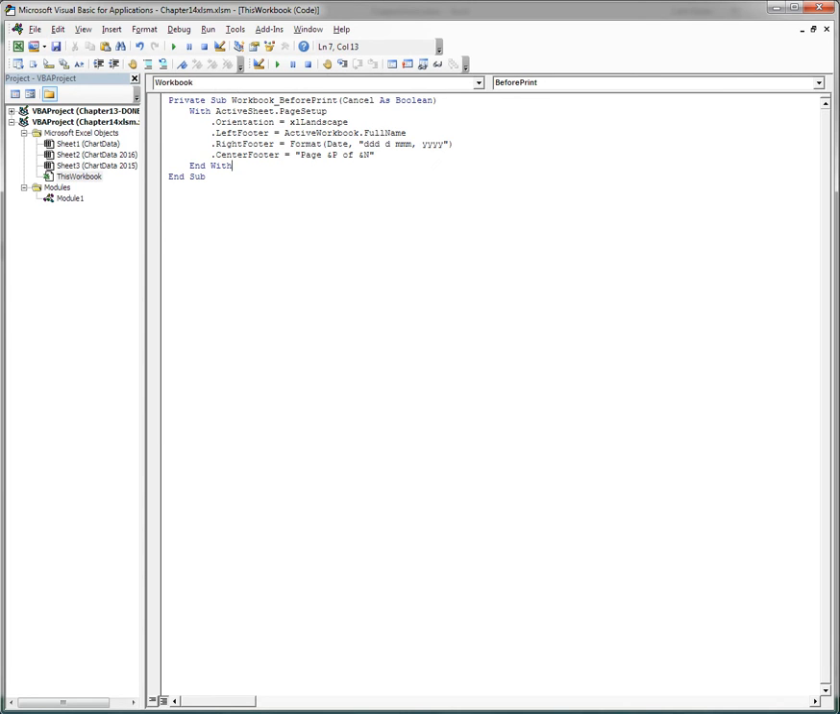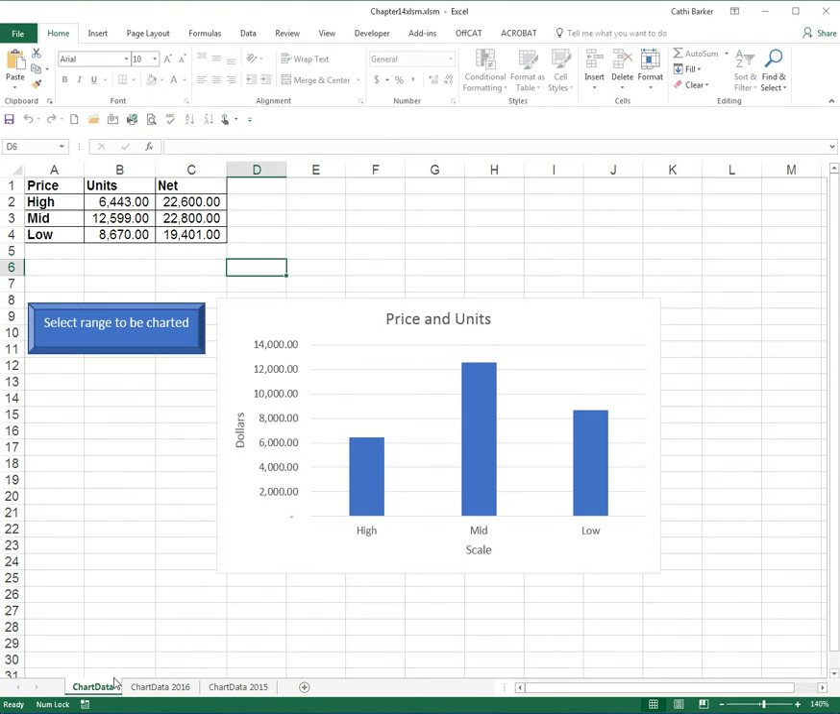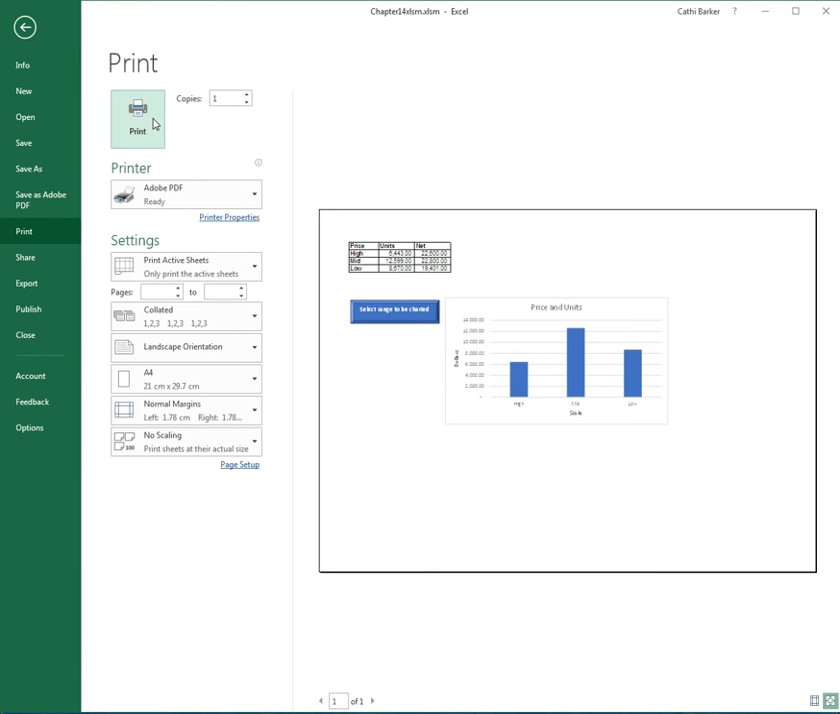I'm going back to my Excel. I'll go back to chart data and I'll do a print preview. I can clearly see that landscape has now been adopted, but the headers and footers haven't been adopted, and that is because I actually have to print. So you can see that they're clearly not there, but as soon as I go print